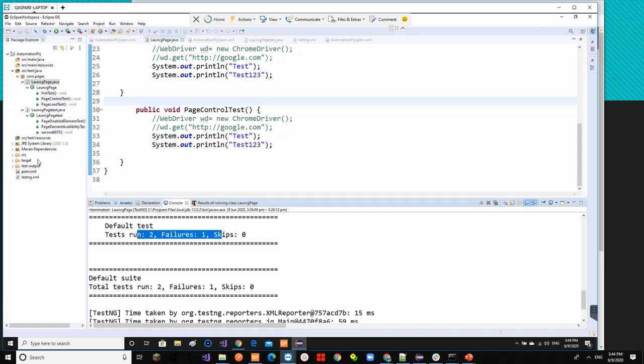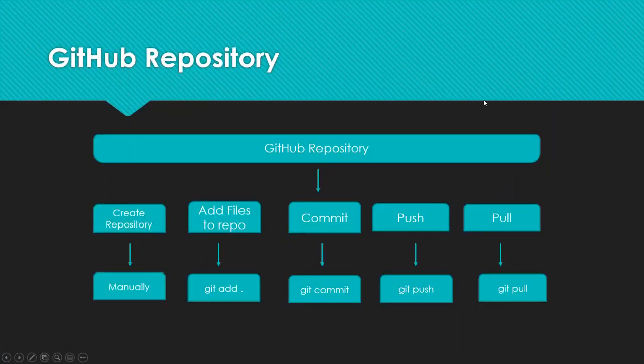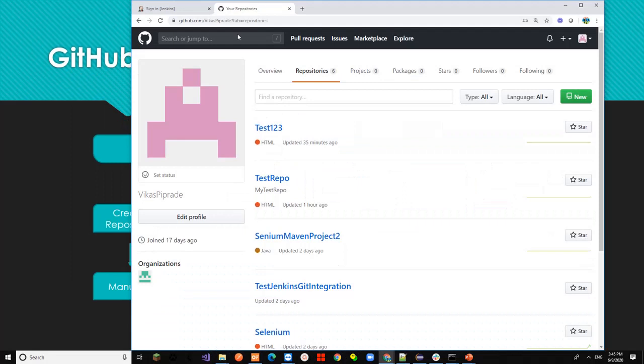All these files will be pushed into the GitHub repository after creating it from scratch. But I have an existing repo. I'll give a short demo of that, and then we'll move to the real demo. I already have a lot of repositories, but to give you a demo,